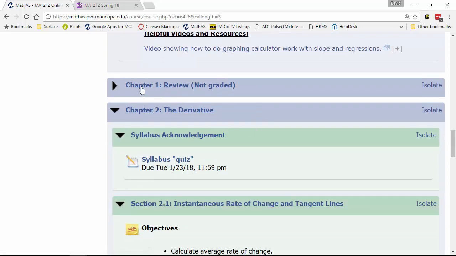Then let's get to a chapter. So chapter 1 is review. I'm going to skip it. It's not graded. It's just there for you to review. So chapter 2,